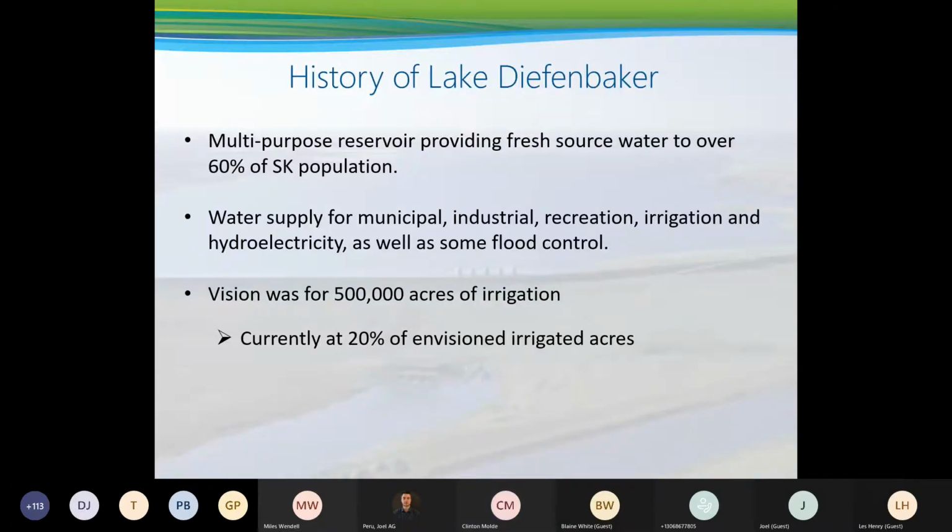The reservoir is multi-purpose and provides fresh water to over 60% of Saskatchewan's population. Not only for that municipal and irrigation component, but also for industrial, recreation, and hydroelectricity through SaskPower's Qu'Appelle generating station. So when we look at the water supply from Lake Diefenbaker, it meets municipal, recreation, irrigation, and hydroelectricity needs, as well as providing some flood control for downstream